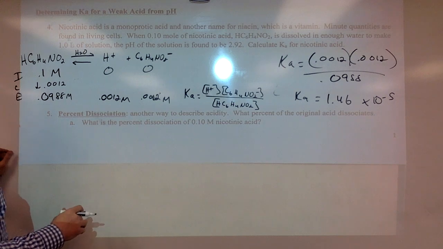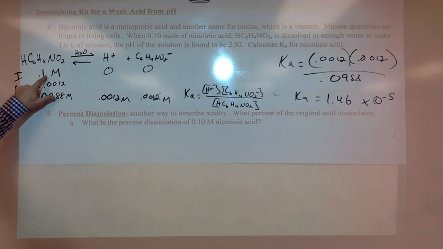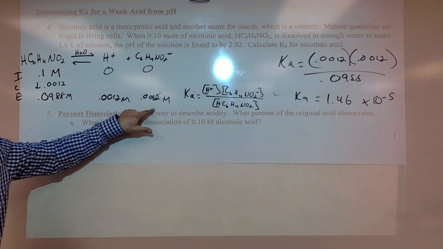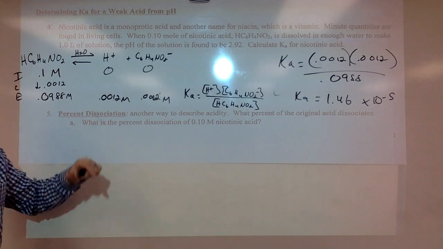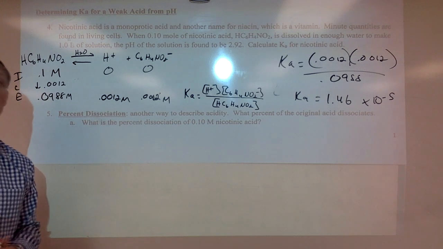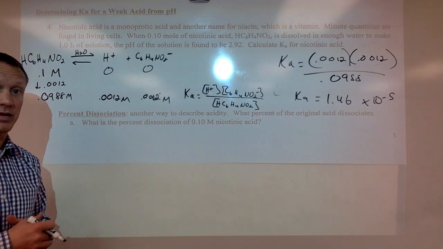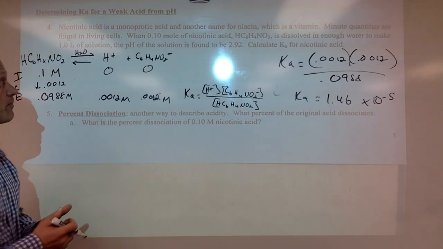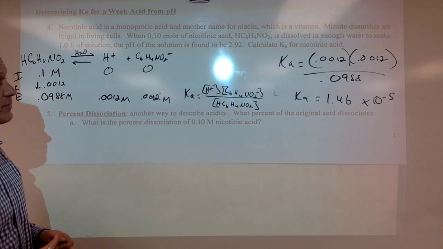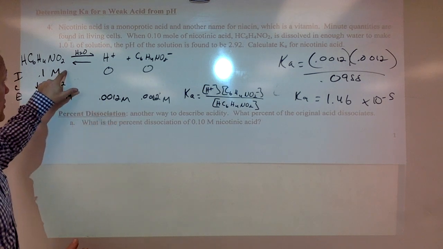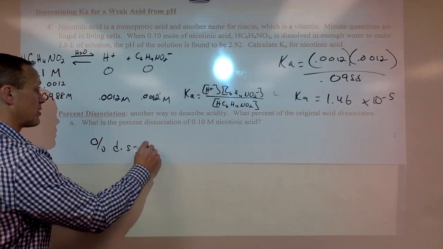Percent dissociation. Okay, percent dissociation is what percentage of this splits apart into ions. There's 10% split apart, there's 1% split apart. What percentage of these molecules are splitting apart into ions? Obviously, the more that split apart into ions, the stronger this acid and the bigger the Ka value would be. The less it split apart, the lower the percent dissociation, and the weaker the acid. So this is asking the percent dissociation for this. So the percent dissociation of this acid